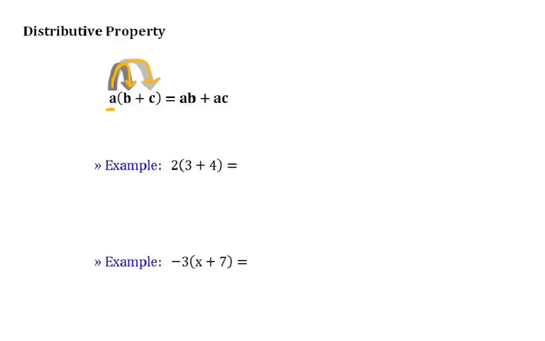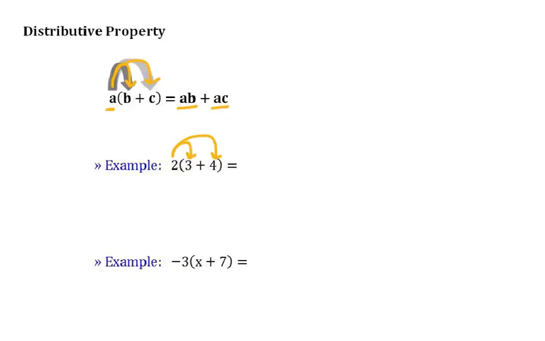So a times b is just ab, a times c is just ac, and there are no longer any parentheses in the result. We're going to try 4 examples, 2 here and 2 on the next page. The first example is a little unique in that it has numbers, no variables. So it's going to be using the distributive property, even though we know the order of operations could clean it up as well. So the distributive property for our first example says to distribute 2 to the 3 and the